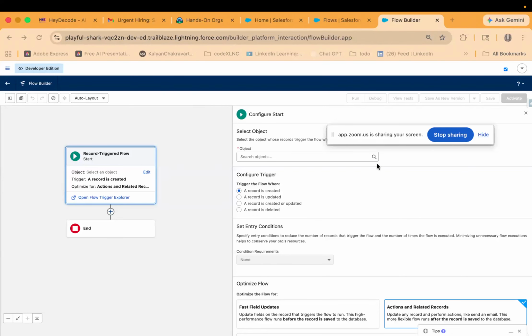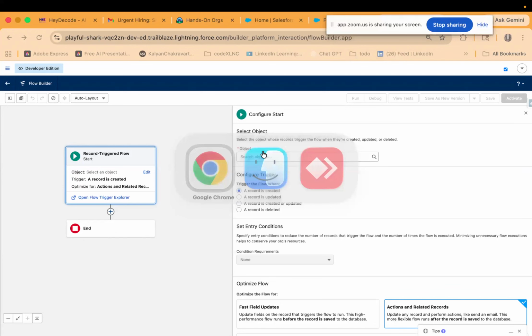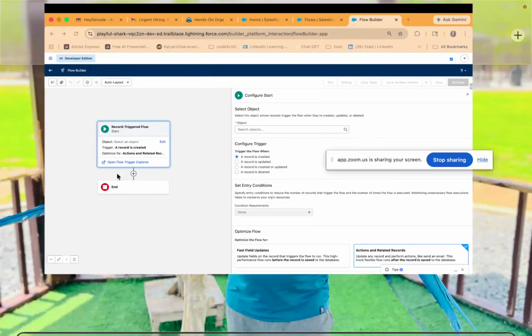So record trigger flow. Once again, I'm explaining it to make you practice. So what is record trigger flow? Whenever,